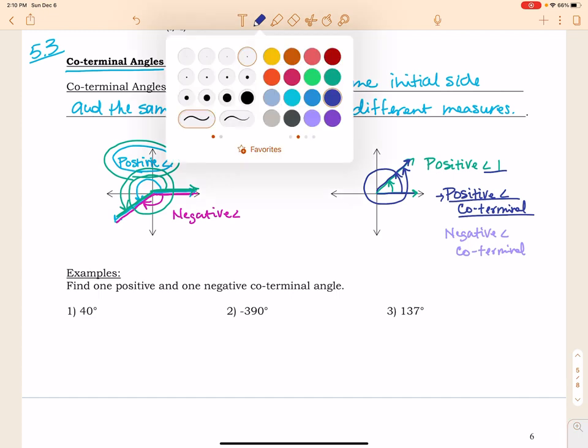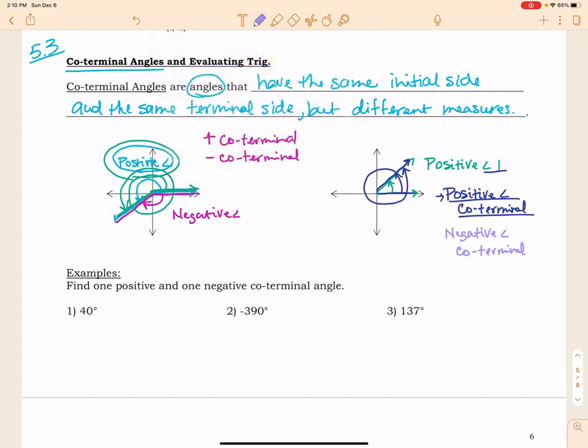All right, so a negative coterminal angle, I'm going to start here just like before, and since this one's a negative, I'm going to end here at the terminal side. It's going to be that measure right